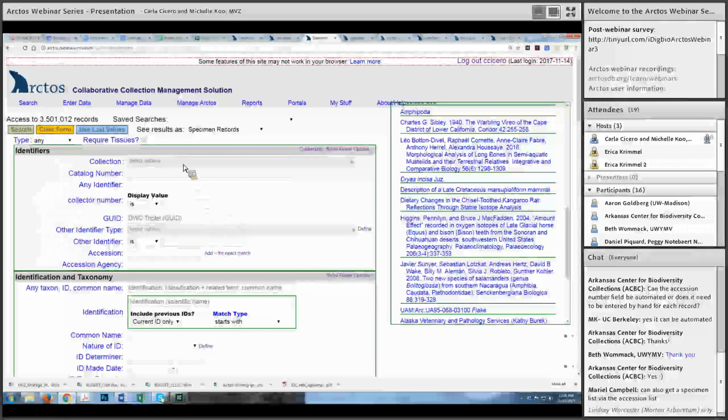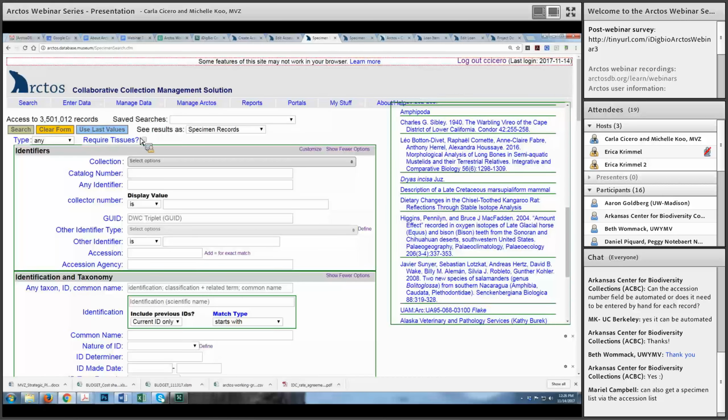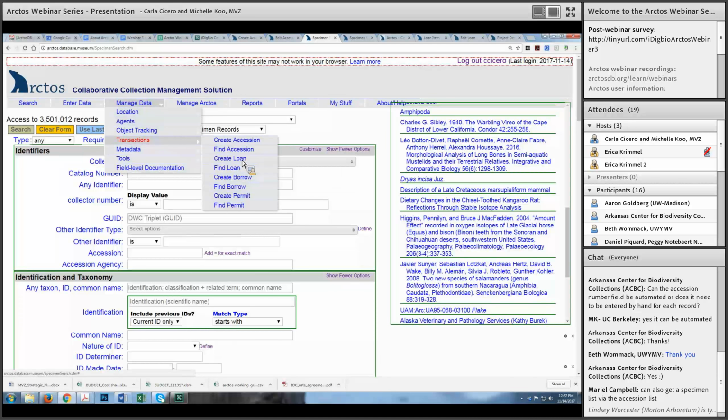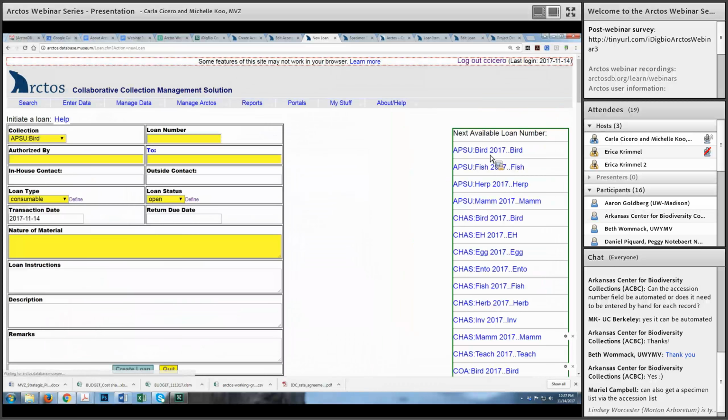Okay. All right. We're hopefully going to have about 15 minutes at the end for more questions, but I'm just going to switch to loans now. So, going back to loans. Basically, you can create a loan or find a loan, same as the others. So if you go to create loan,